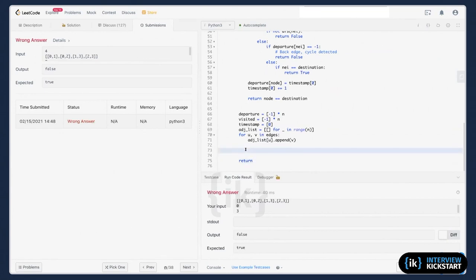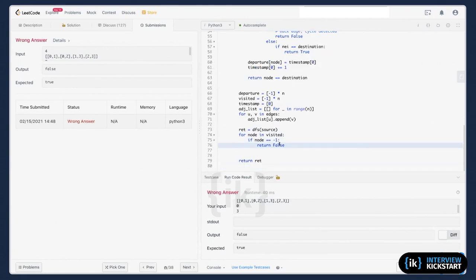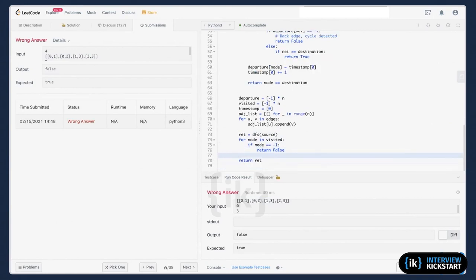You cannot just return for this. Right, this one I need to do. Do I need to? As I return this one.